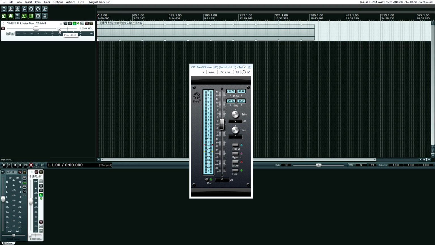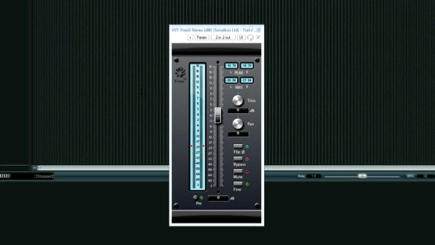At the 0 point, both channels are equally receiving the signal, and this creates what's called a phantom center. It's called phantom center because it sounds like a third center speaker is created when both speakers are putting out a signal equally. The 0 point is also called the 12 o'clock position, and that's because on mixing boards, you